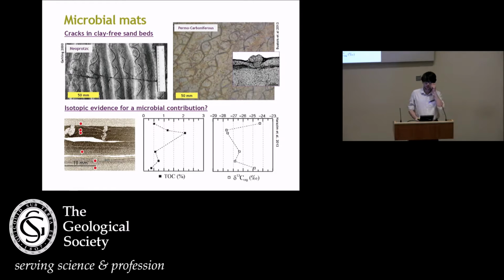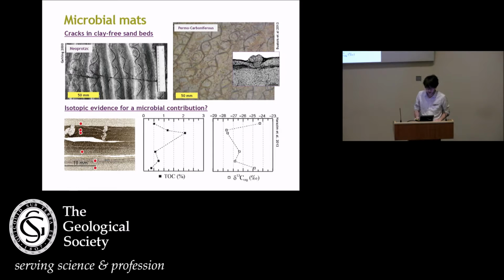So there's some geological evidence for associations between subaqueously formed cracks and microbial activity. And the most compelling example probably is of Manchuriophycus type cracks in relatively coarse sediments, in sandstones, where you would expect the grains simply to flow unless they were bound together by something. And the best candidate, especially given that these cracks are often associated with microbially induced sedimentary structures, is microbial mats. And there's at least one case where, in cross-section, you can see the remains of these mats and you can see how they've been disrupted by the formation of these cracks. So in these cases, it might be that the mats are providing the cohesion that's essential to cracking.